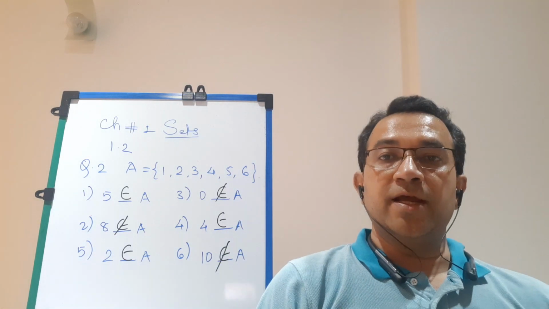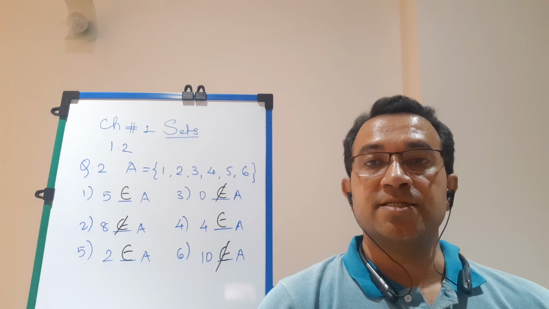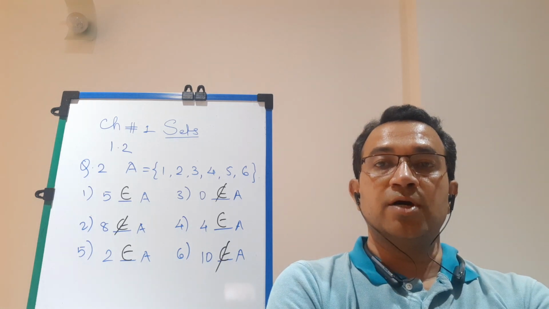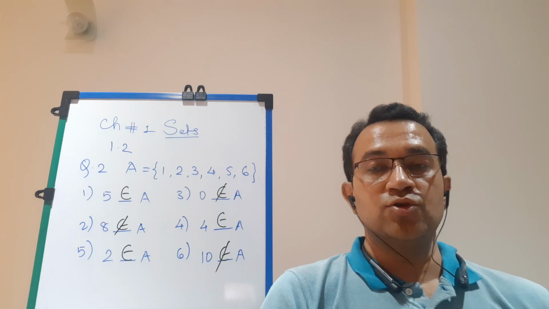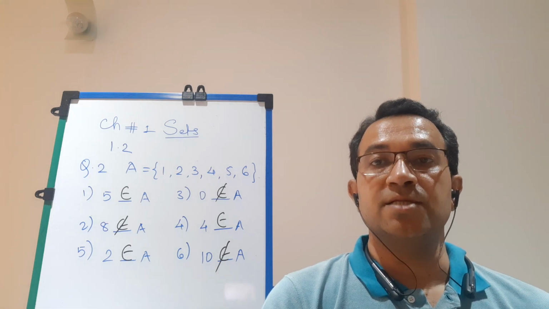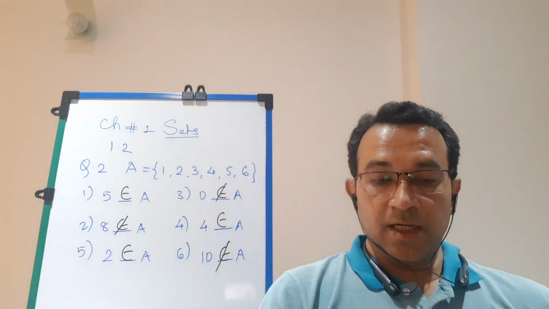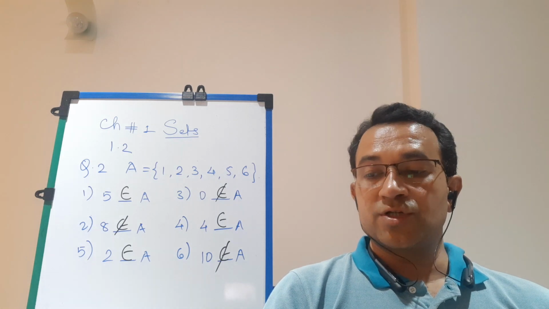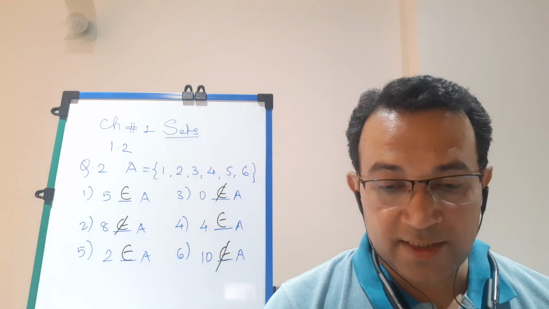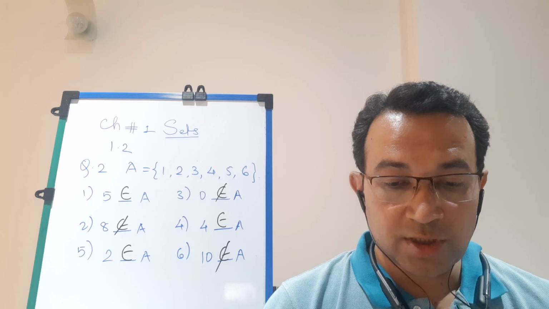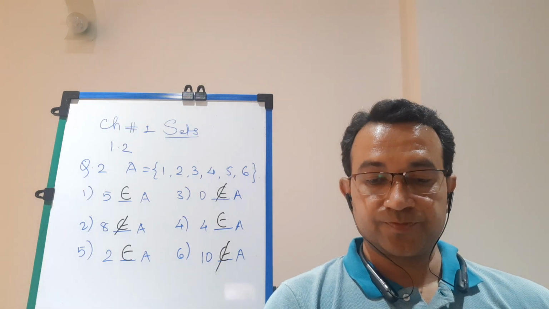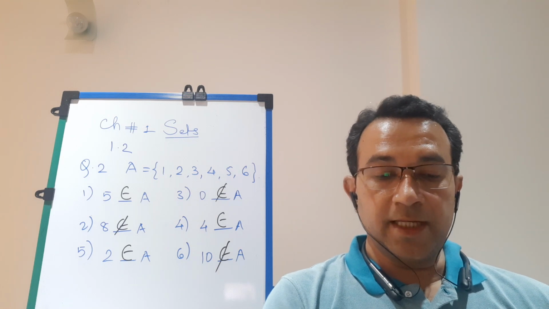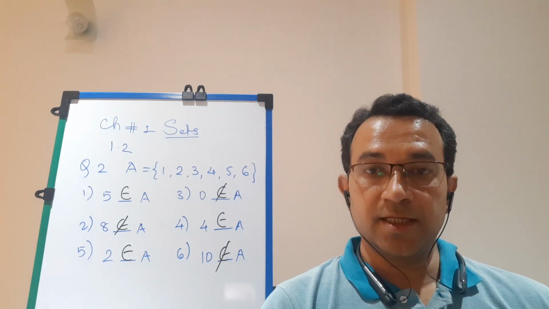Now this type of elementary thing, students, you have done in 8th standard. So students, you are very well versed with this type of concept. I think you shouldn't have any problem in understanding this type of question. Now students, let us start question number 3. Write the following sets in roster form. Roster form means the listing method. Okay students, let us do question 3.